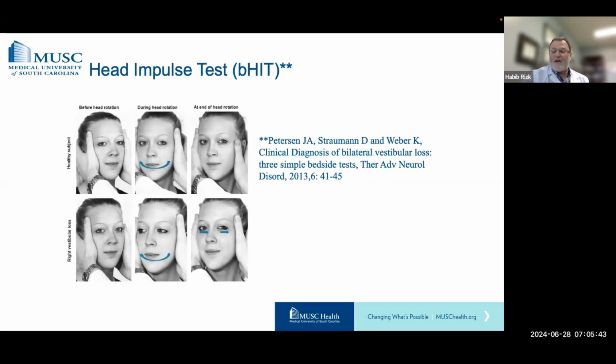So all of this will allow us in clinic to basically start decoding what's going on with the peripheral vestibular system. To start with, the head impulse test, where we ask the patient to fixate on a target, usually your nose, and we thrust the head right or left. And if there's a saccade, if there's a drift of the eye that then corrects itself, then we know there's a weakness in that ear.